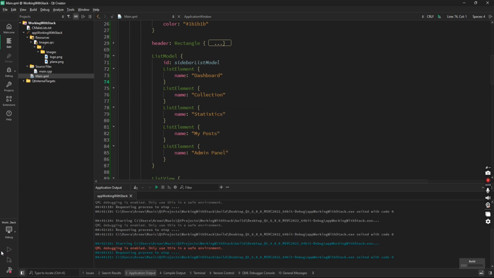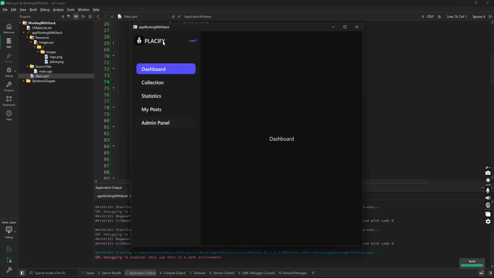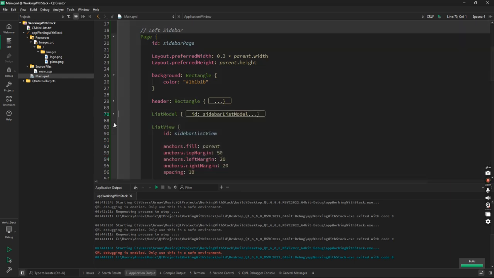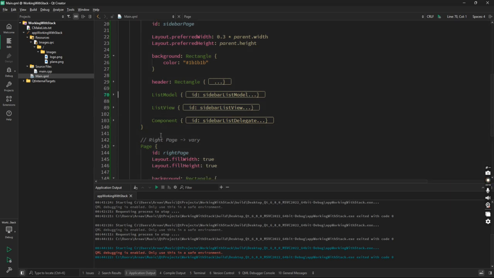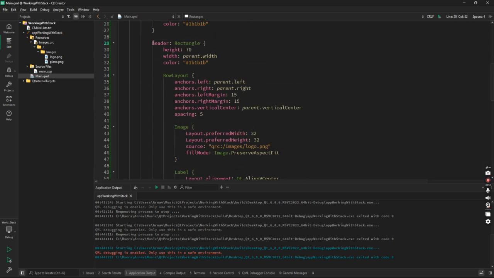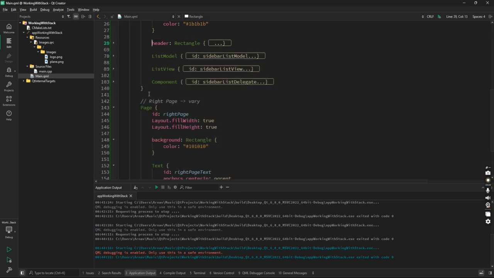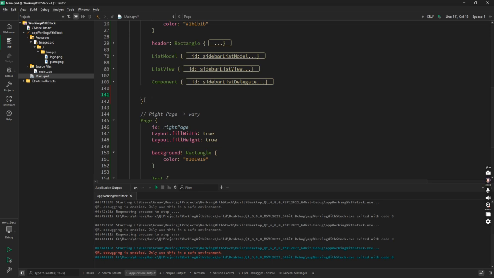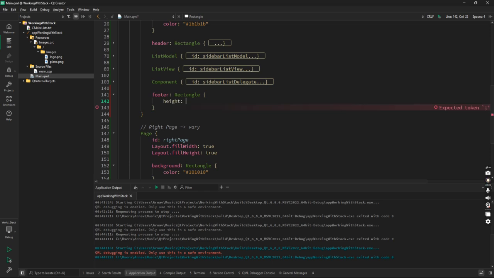So now one more thing is left. The footer component is left, right? So for footer, let's do the footer right now. It's copy paste of the header component, right? Just copy paste, or no need for copy pasting. Let's do it on our own. Footer, also rectangle. Here I'll say height of, let's say, height of 100, and